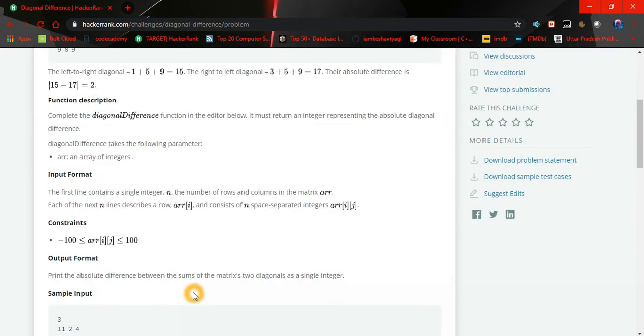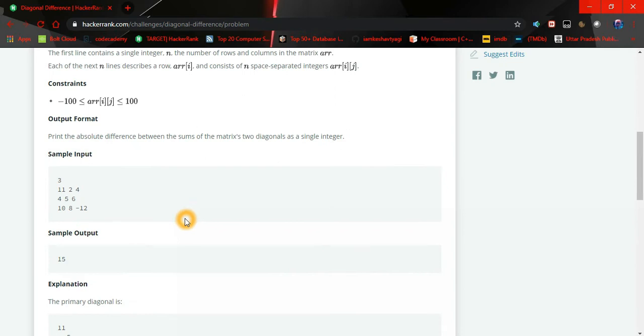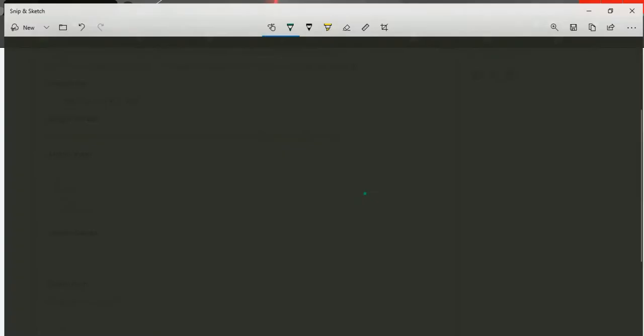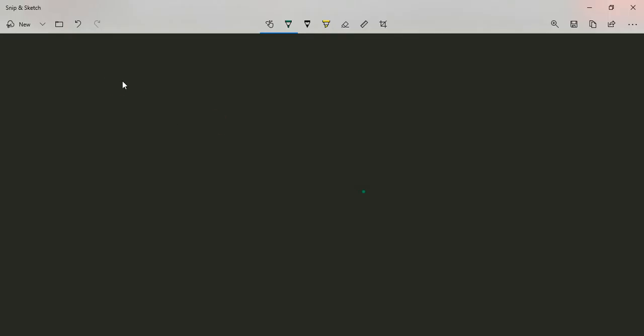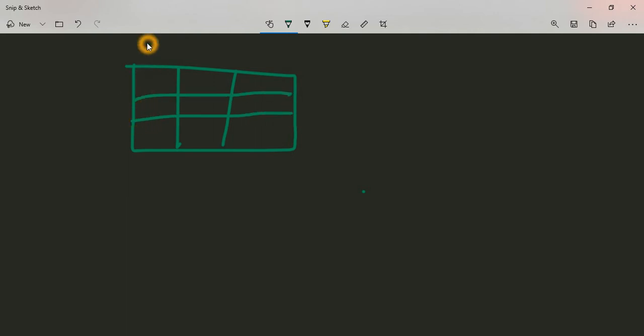But before starting that, I want to show you how we can find the diagonal of a matrix. For that, let me go to my workspace. So let's create a matrix first. So it is our matrix. Let me make it a little bit clearer. 1, 2, 3, and 1. So here is a 3 by 3 square matrix.